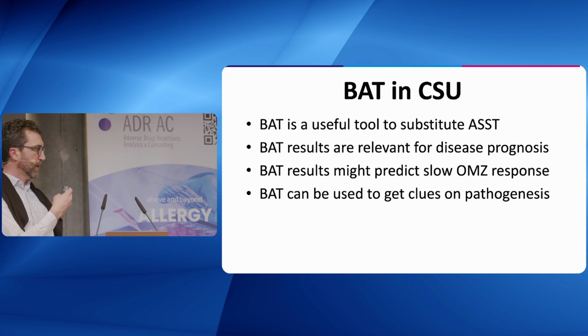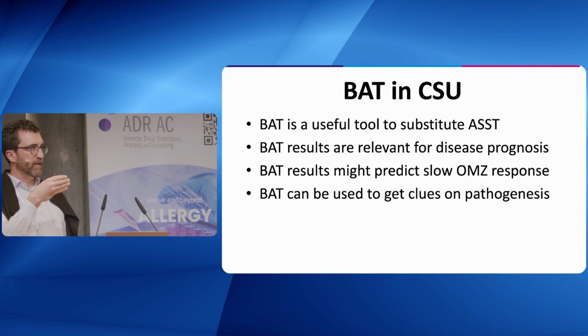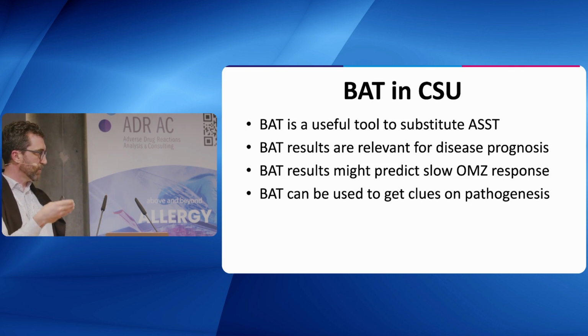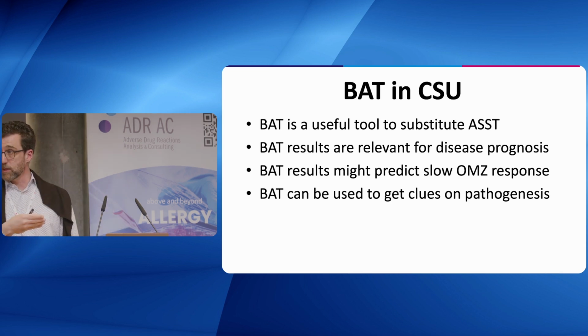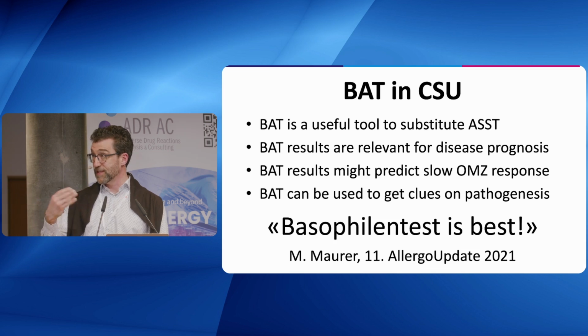And for us, from year to year, we invest more in this field to learn about the pathophysiology, because you can play around with the donor basophils. You can block certain pathways to see if it's really mediated through the IgE-Fc epsilon receptor pathway, or if it's a G protein coupled mechanism,